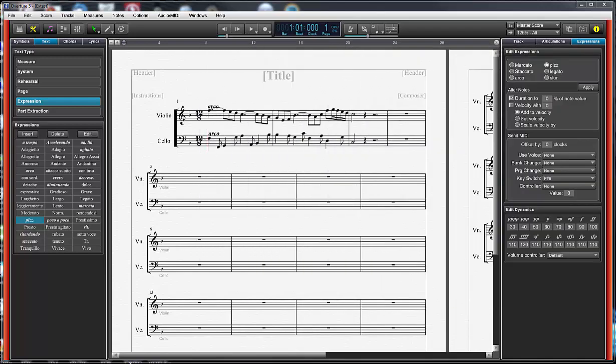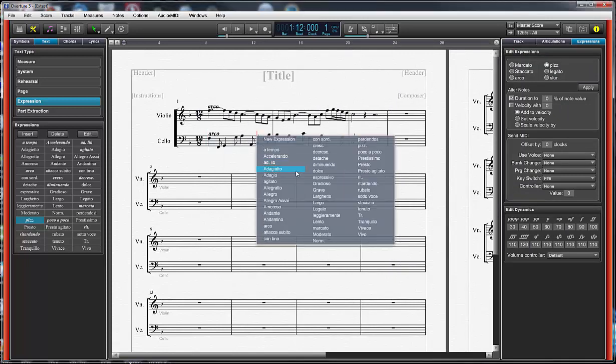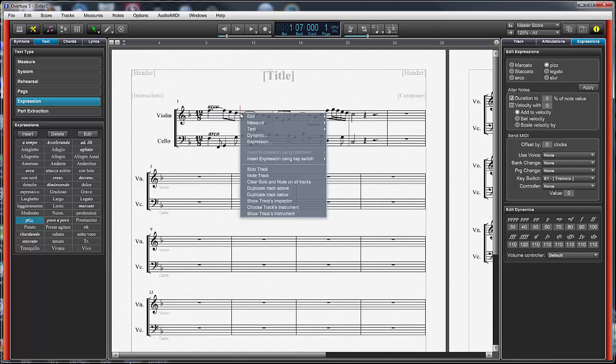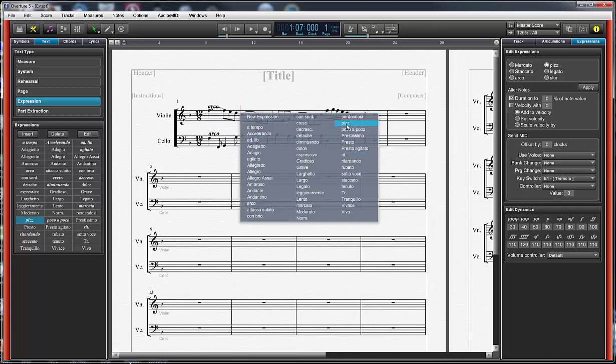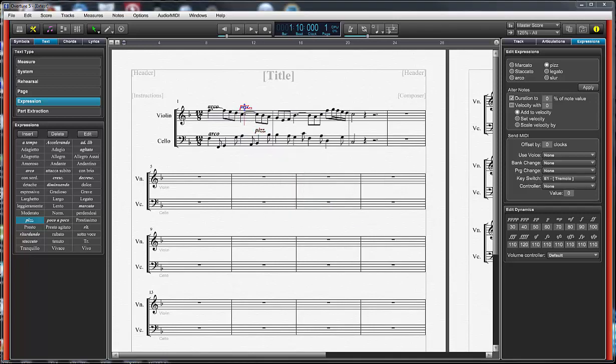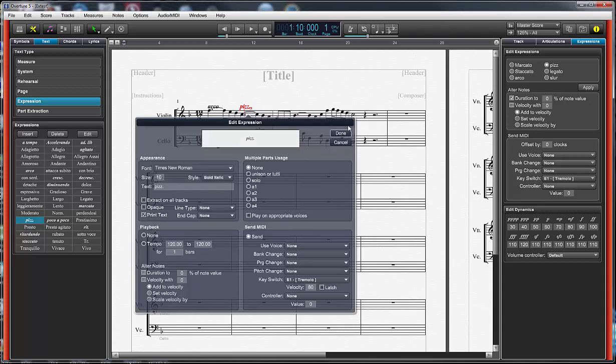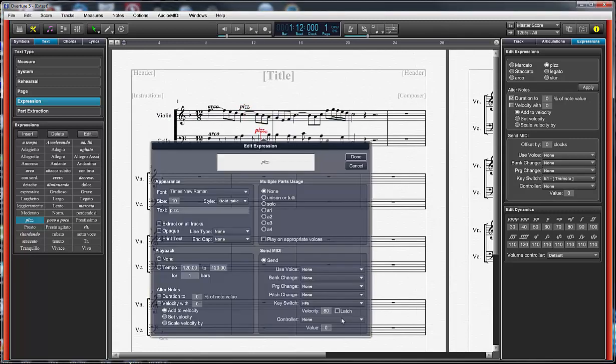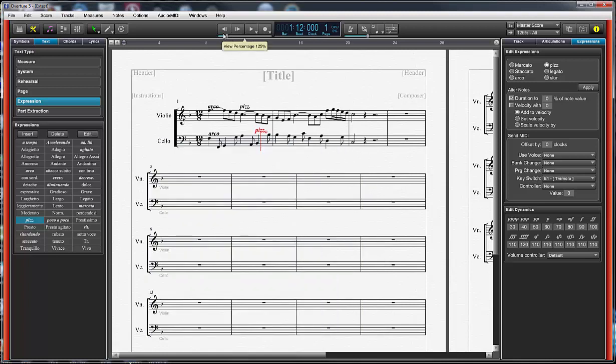octave higher. So let's put a couple of pizzicatos on, and now we'll apply them by right clicking on expression, and let's find ourselves a pizzicato, and that'll put it where I want it. And then maybe up here we'll do one around here, right click, expression, pizzicato, and let's click that. You'll see that's E1, and this bottom one is going to be F sharp 6. So now when I play,